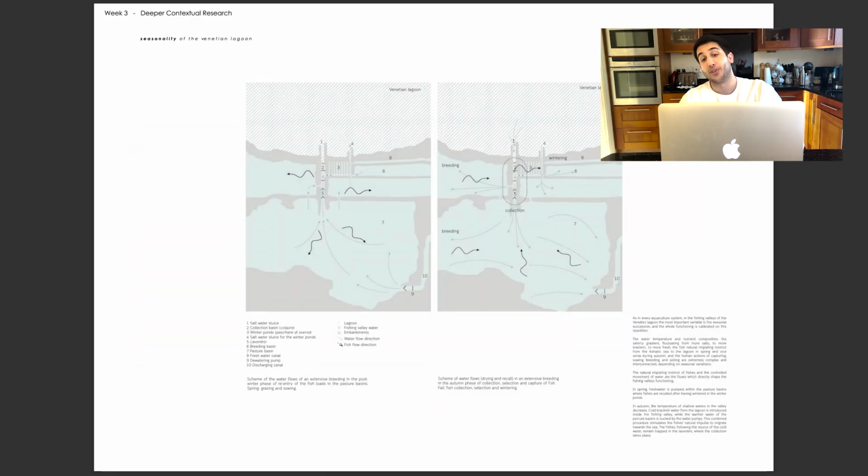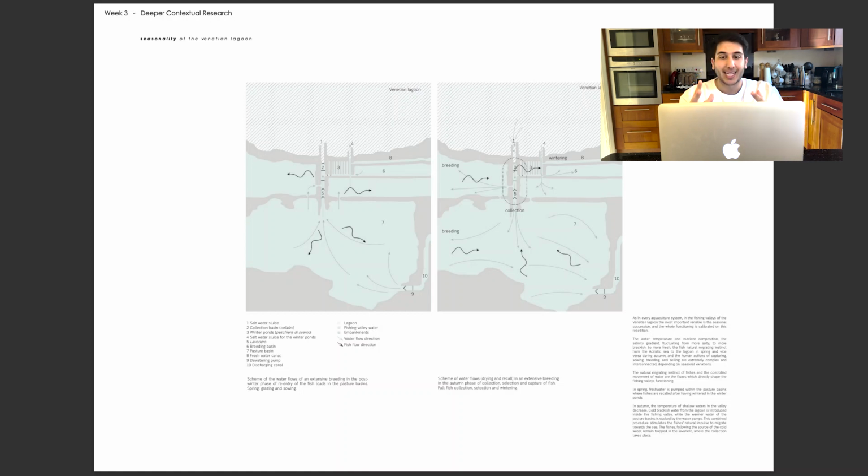Seasonality, oh my goodness. When we were doing research, I was trying to find some information on the lagoon in my area, on Google, day and night, trying to find some sort of information to help me. I was like, dear God, please help me find some information for this project. And I came across this report that a student did a couple years ago, and it was literally on the exact area that I'm working on. I couldn't have asked for a better report.